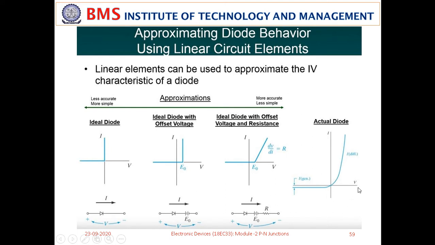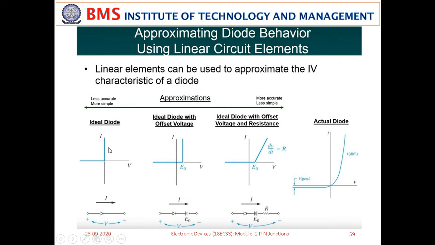If you want to match the actual characteristics of a PN junction, you need to add a few more elements along with the ideal diode, so that the characteristics resemble the actual diode characteristics. In the actual diode characteristics, you can see exponential current flows in the forward bias once the threshold of 0.7 for silicon is crossed, and a constant current, called reverse saturation current or generation current, flows in the reverse bias condition until breakdown occurs.